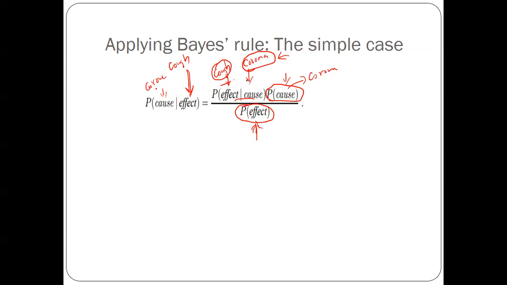This is the beauty of Bayes rule. If somebody is having a cough, then what is the probability that he is having corona? The probability of somebody having corona, given that he is suffering with a cough, can be calculated like this: the probability of a cough given corona, times the probability of having corona, divided by the probability of having a cough. By solving this, we can identify the probability that somebody suffering from a cough is likely to have corona. That is what this equation says.